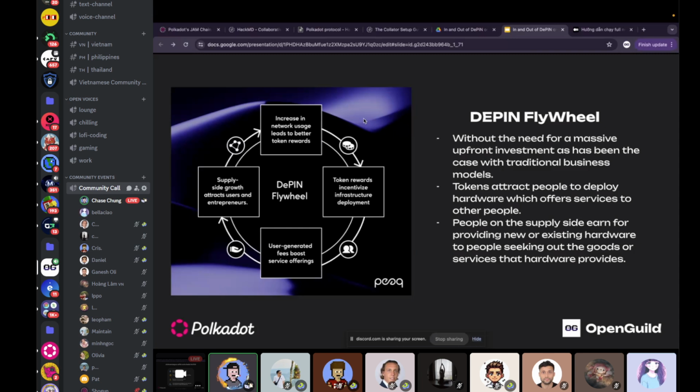By incentivizing them you will increase the network's users, leading to a better token reward. When you have a token reward, it incentivizes infrastructure deployment, and then the user-generated fees boost service offering, and then the supply side draws in more users and entrepreneurs, and then it goes, the cycle starts again.